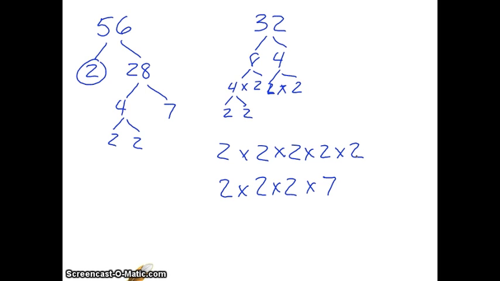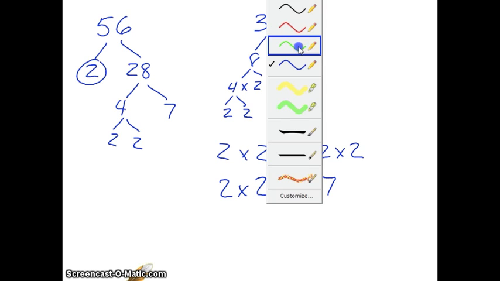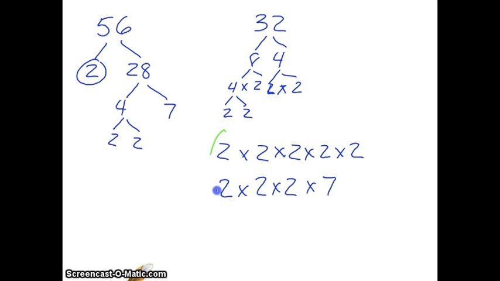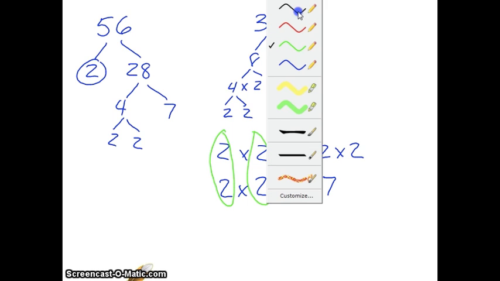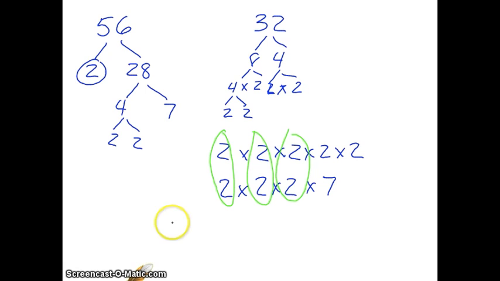And then we look and see which of the factors they share. You can see that they share 1 pair of 2s, 2 pair of 2s, 3 pairs of 2s. So the greatest common factor would be the product of 2 times 2 times 2. 2 times 2 is 4, times 2 is 8. So the greatest common factor of 56 and 32 is